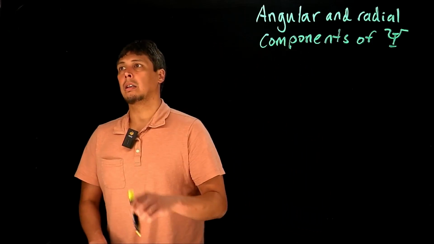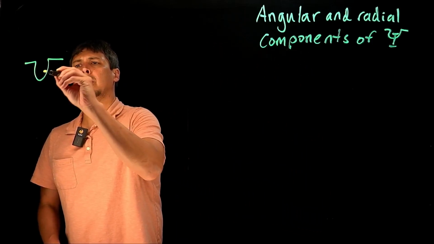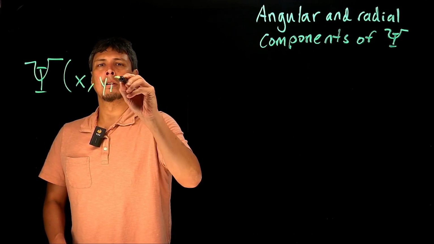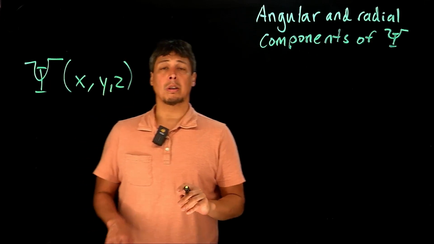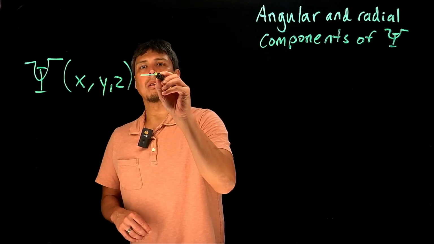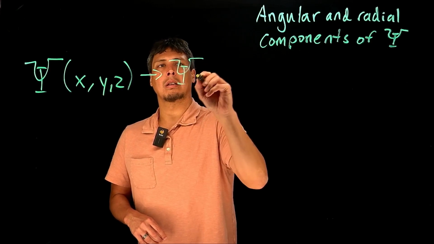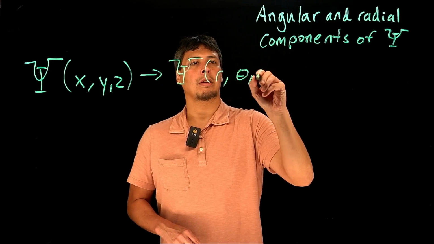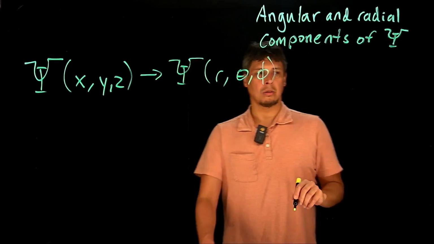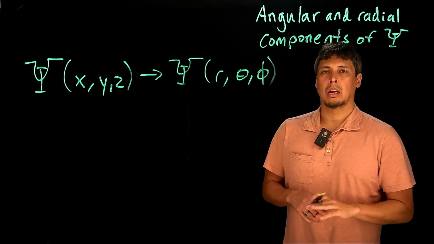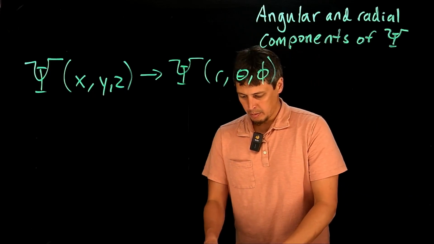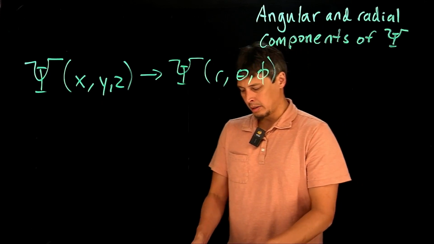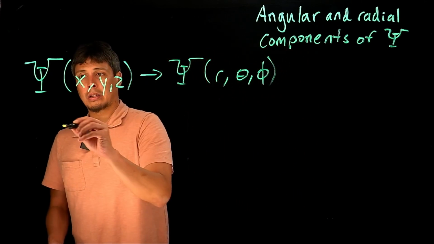So we can think, again, by converting to spherical coordinates, instead of thinking of the wave function as composed of terms of x, y, z coordinates, we can convert it into terms of r, theta, and phi. Okay? And we're not going to get into how we actually change the Hamiltonian or the wave function for that, but what we end up with when we solve for the three-dimensional particle in the box is that